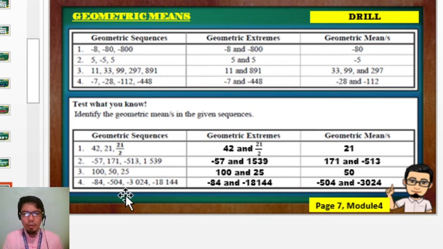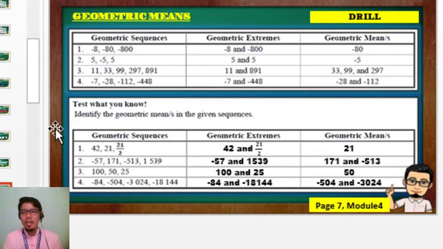And lastly, item number 4, we have negative 84, negative 504, negative 3024, and negative 18144. The geometric extremes are negative 84 and negative 18,144,